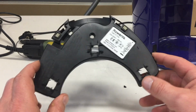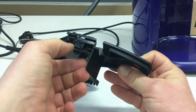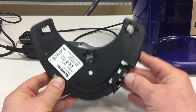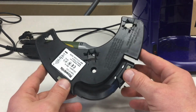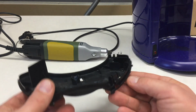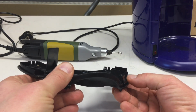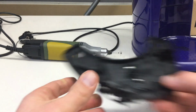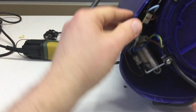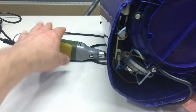Nevertheless, in addition, two snap ends. So three security screws, two snap ends. They really, really want to keep the lid on things, so to say. And also a triple lip. So an outer lip and inner lip. Going, and I put that away, going over this lip here. But now that we're in,